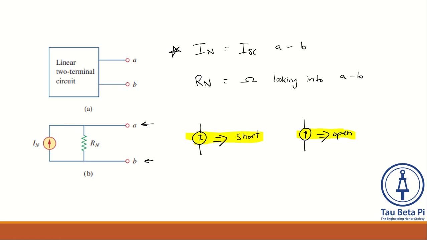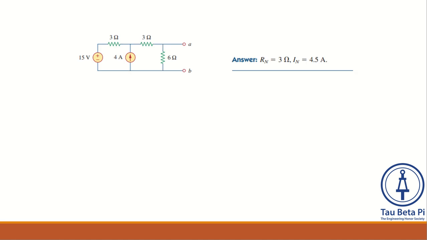So let's go ahead and do a practice problem. Let's say, for example, we have this circuit. In order to find the Norton current, we would choose to find the current if there was a short between A and B, if we place a wire between the AB terminals. One way we can accomplish that is by doing a source transformation on the 15-volt voltage source and the 3 ohm resistor, and that would create a circuit that looks like this, where we have